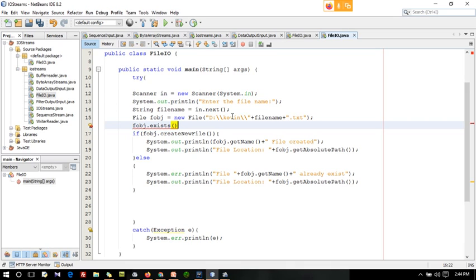You said that the exist function is used to check whether the file is available or not. Here, before creating the file itself, we are checking whether the file is available or not.